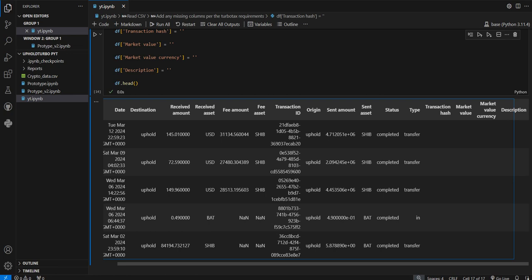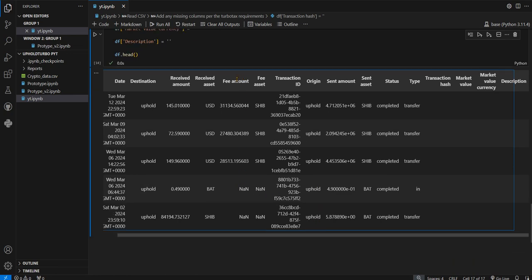All right, actually, we're going to stop right here. In the next video, we're going to do some data wrangling and data analysis. You see how in the fee amount and the fee asset, we have a text field for the values and a number field for the values, right? And we see all this NaN. We need to change that so that when we do some analysis, or when TurboTax sees that, they're not like, okay, there's nothing there. We're just going to put a 0 for the NaN for the fee amount,